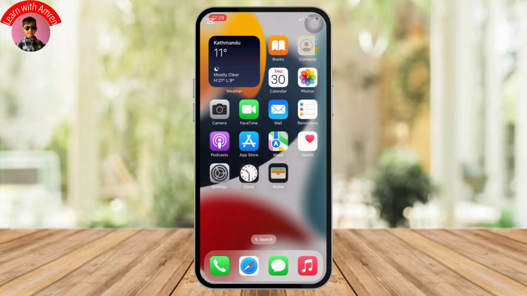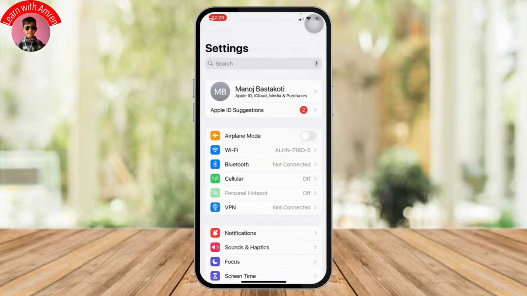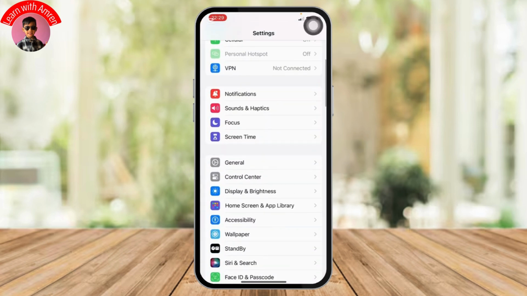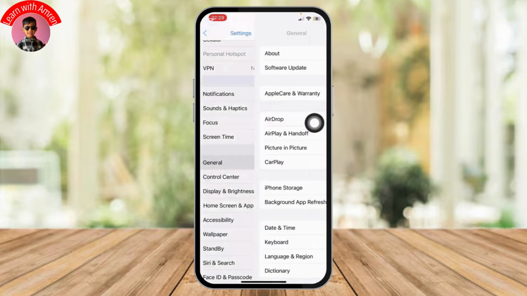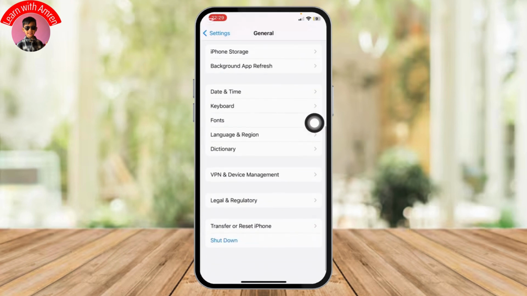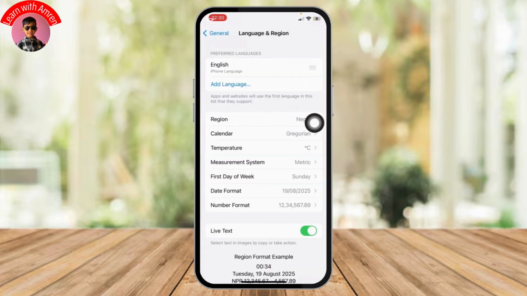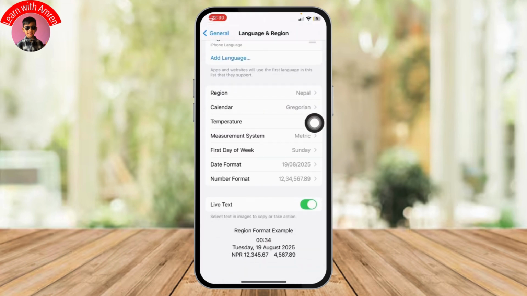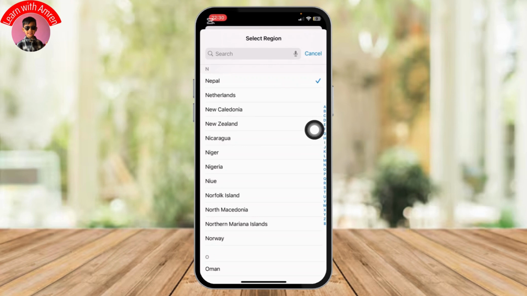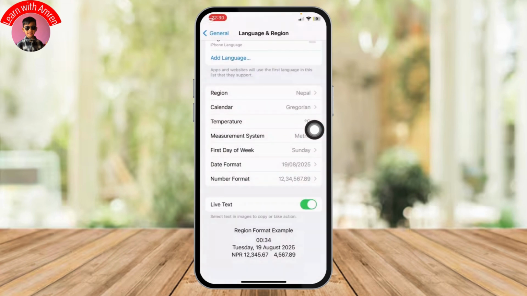So first thing what you want to do is simply head over to your settings, and once you're inside settings, scroll all the way down until you see this general option. So simply click on this general option and scroll all the way down again until you see this language and region. Simply click on it, and under your region section just select your country,